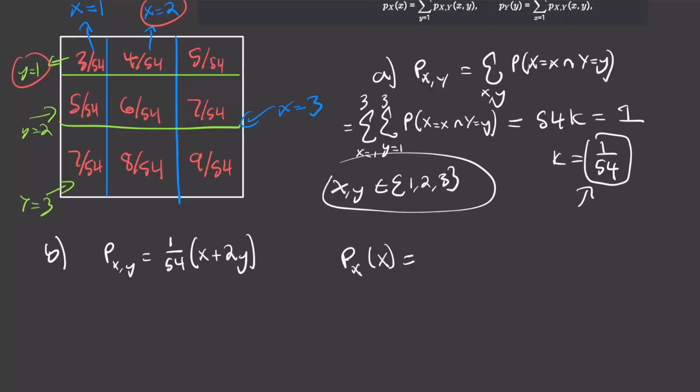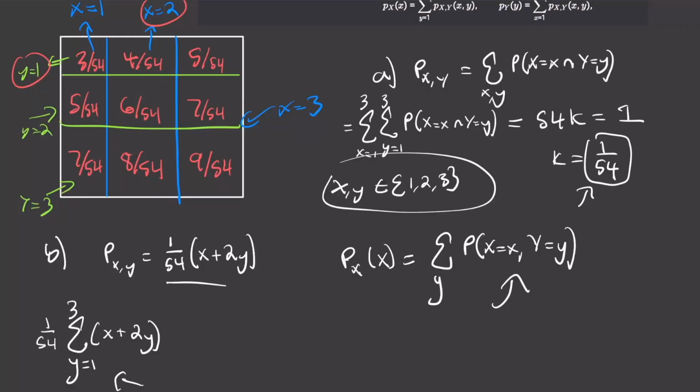Okay, so we know the law of total probability. Since y is a discrete random variable, it partitions our sample space, so we can just sum up over all the possible values that y can take the intersection between x and y equals y here. So if we want this in terms of a formula, well, we know that the probability of x intersection y is just the joint distribution right here, so we can just plug this in here and then sum up over all values of y. In our case, y is going from 1 to 3,